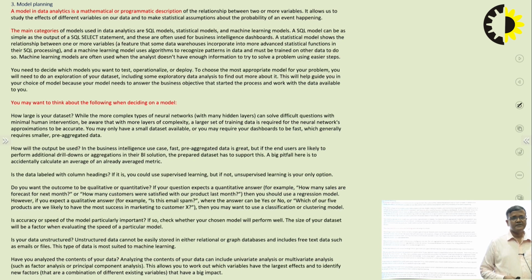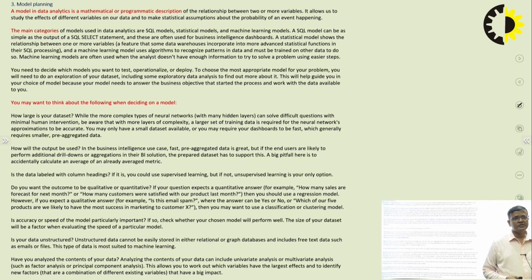So if you are unable to do it using simple models such as a simple SQL model, or using some statistical models, then you will use your machine learning models.